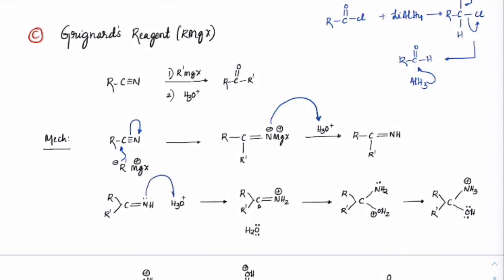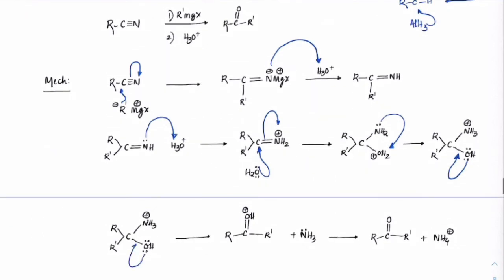Imine, still nitrogen has a lone pair, it will take H plus, again iminium salt is forming, and once it forms, water as a nucleophile attacks on carbon, right? As soon as it attacks here, pi bond will again shift on to nitrogen. It will get one more lone pair, that will take away H plus from this water which we have added. We will get this as NH3. The lone pair will try to close it as a double bond here. Okay, I have written it here. To close it as a double bond here, NH3 will come out.